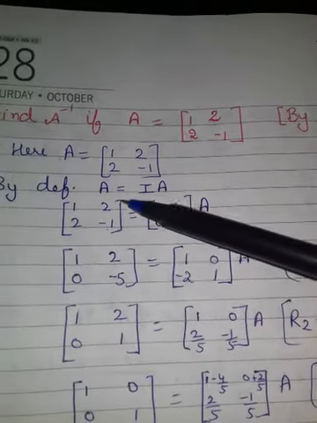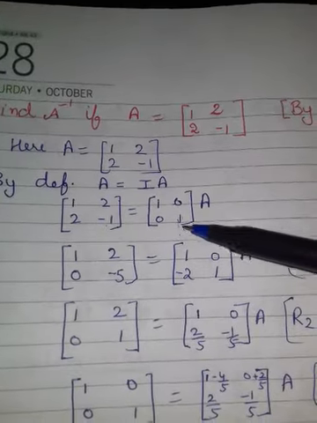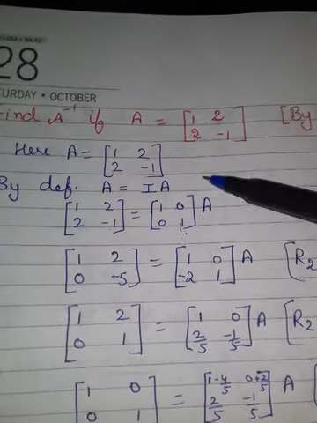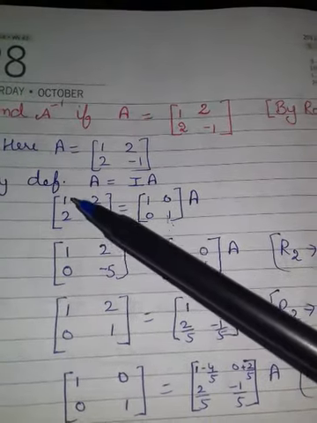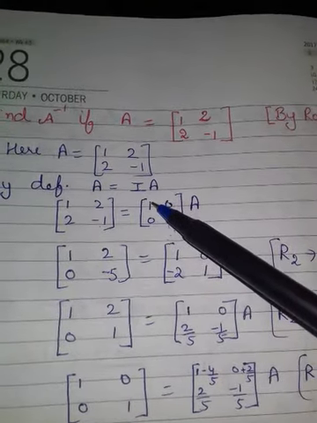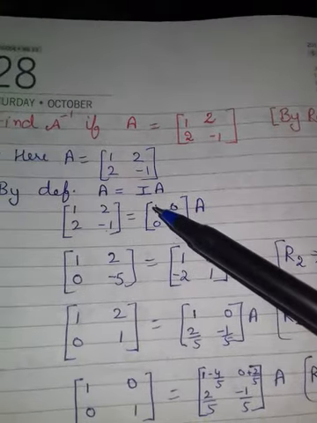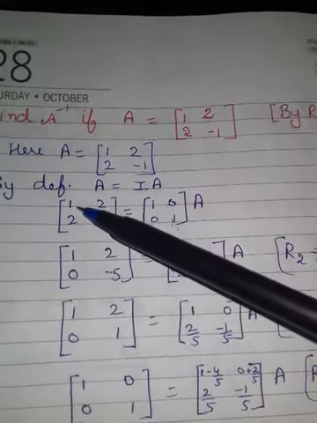Whichever operation you operate here, the same you will operate here, and A on this side becomes A inverse. Clearly now I am making it. So you see the first one is the same, no need to change. If it is not 1, firstly you will divide it by that element. Clear?